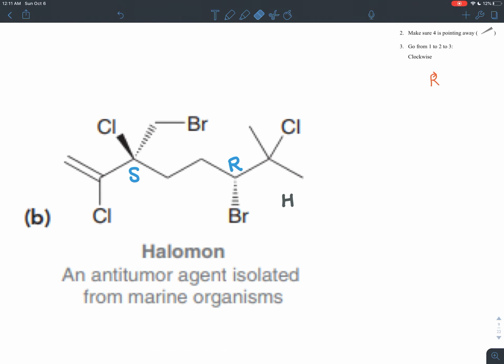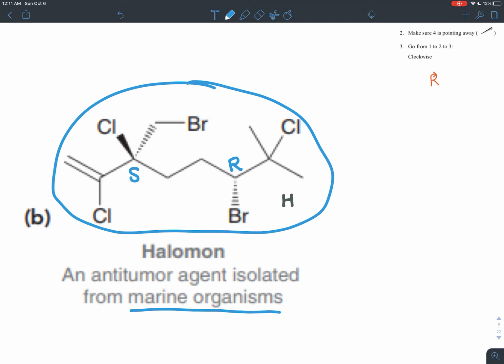And so in this biologically active molecule, this anti-tumor agent, a lot of really interesting molecules are made from sponges and from corals, marine organisms in general. And as we've seen before, almost every biological molecule has some sort of chiral center. It's a really common feature. And in this one, we have 2. We have a left-handed version on the left, and we have a right-handed version on the right. So we have those 2 hands in this molecule. And that will affect what type of pockets this molecule fits into and what kind of messages